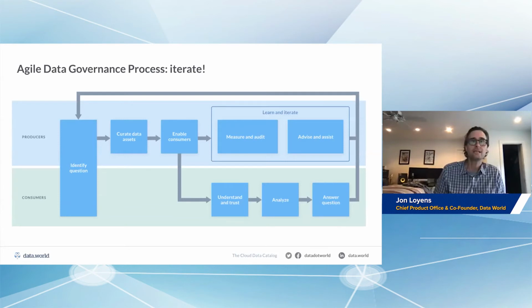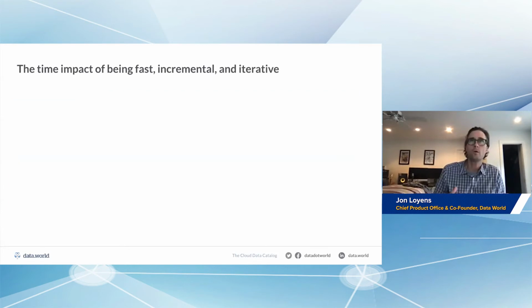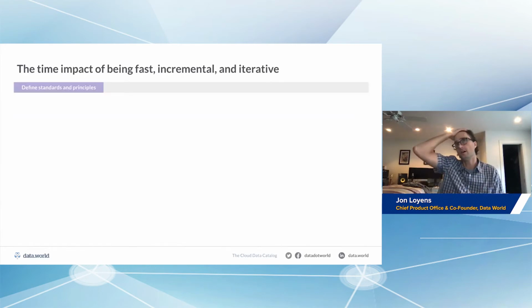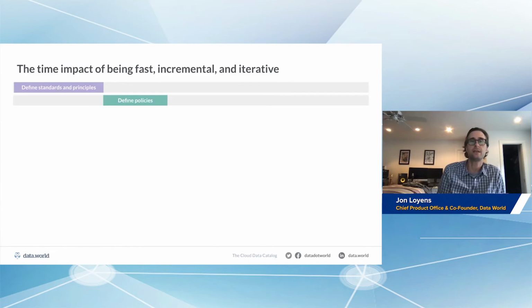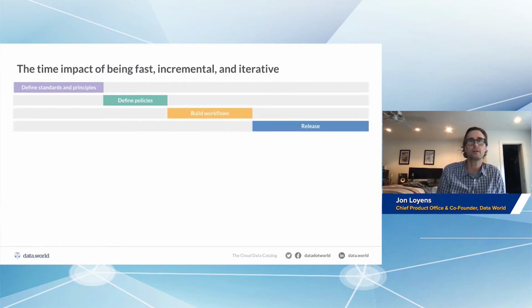And this has huge impact. If we think about how most data governance and data democratization programs work, I use democratization loosely here, they start very top down. They start by defining standards and principles, and you argue about that in your data governance committee. Then you have to define organization-wide policies. Finally, you start building out workflows. Then finally, maybe you release an asset or two to the broader community. And after all this process, which could take months or even years, while your IT and infrastructure investment is sitting there idle, not getting ROI,